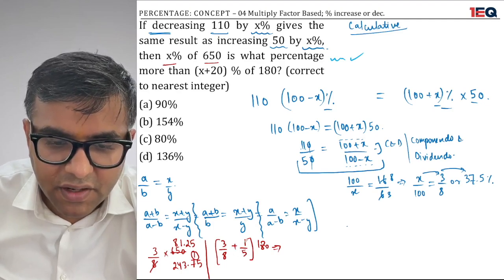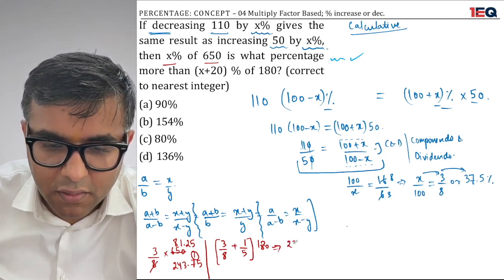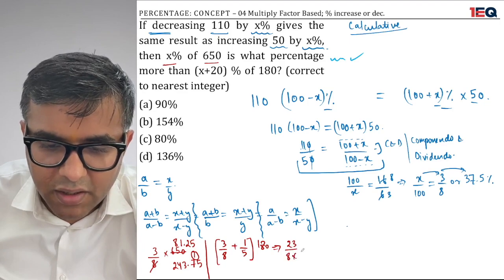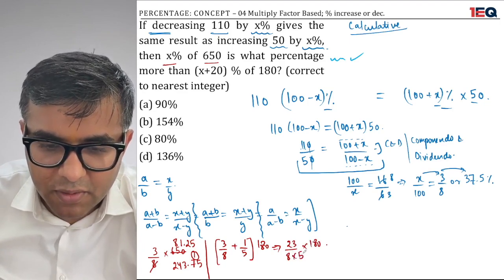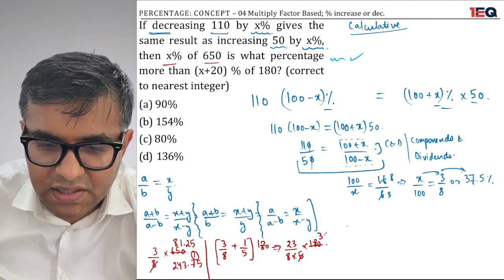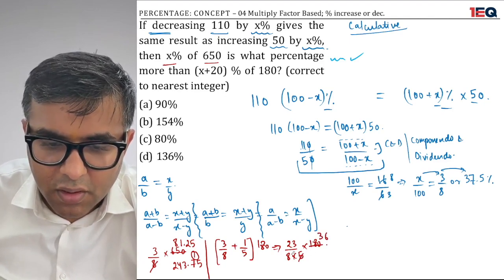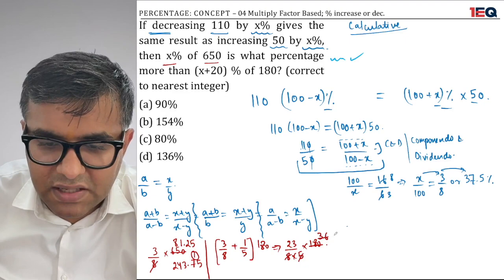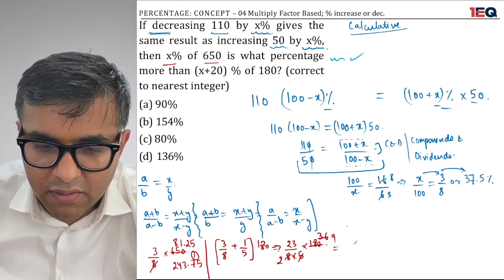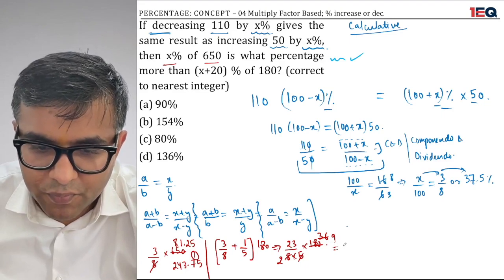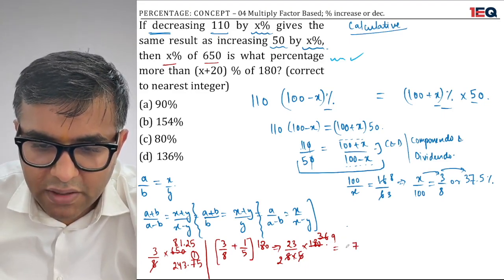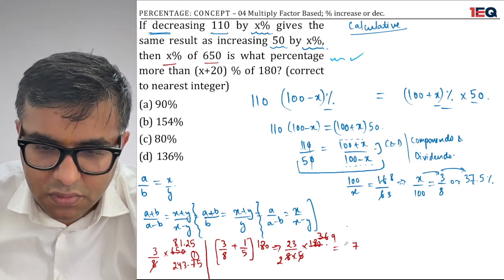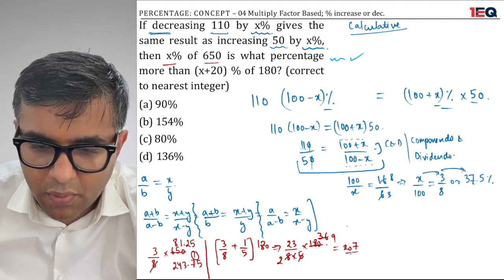5 3s are 15, 8 1s are 8, 23. 23 by 8 into 5 into 180. I hope you're able to understand what sort of calculations I'm doing here. 4 9s are 36, 4 2s are 8. And now 9 with 23 divided by 2, or 9 3s are 27, 9 2s are 18, 18 plus 2, 20. 20 upon 2